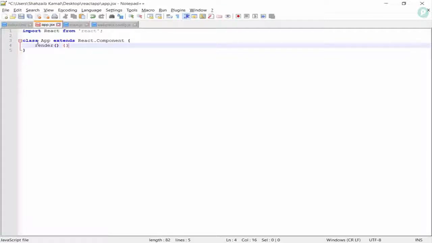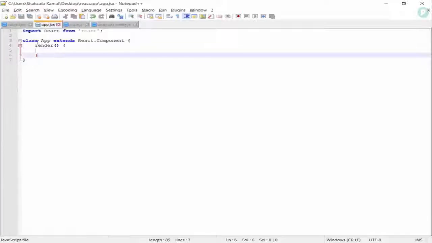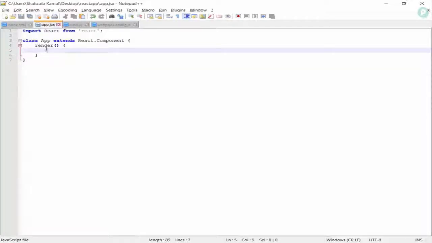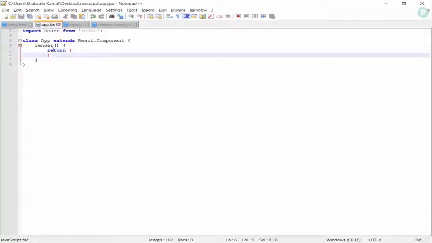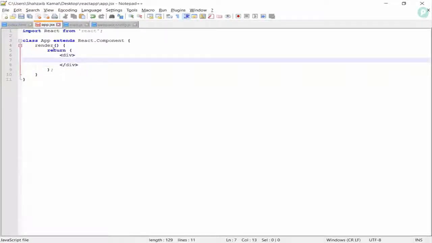Just use it like a function and just go inside the curly braces, add two curly braces after the render, and I'm going inside the render and then the return statement. Open up two curly braces, the parentheses, and just go inside the parentheses. And yeah, don't forget to put the semicolon after the parentheses. Go inside it and just make a div. Yeah, this is a logic. I'm just gonna guide you what it is. For now, just simply type learn, or we are learning